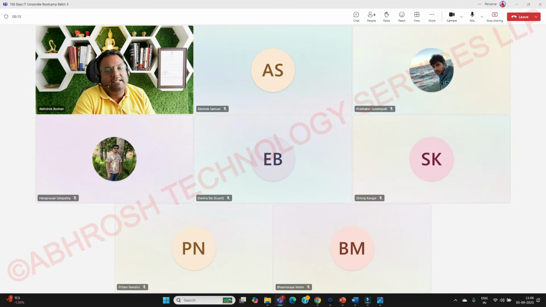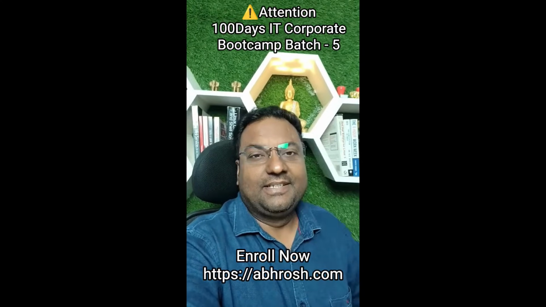So Grafana is an open source software. Grafana is an open source software which is used to visualize, query, and